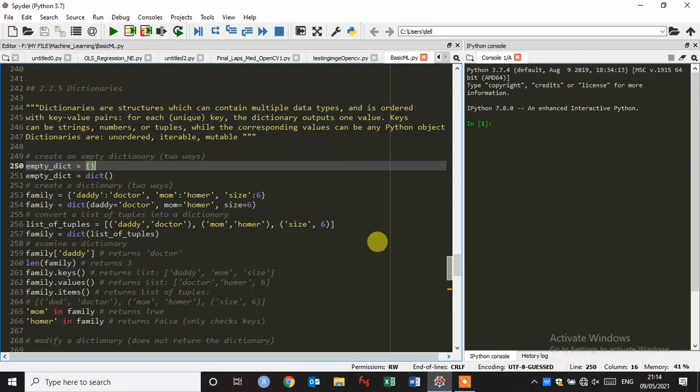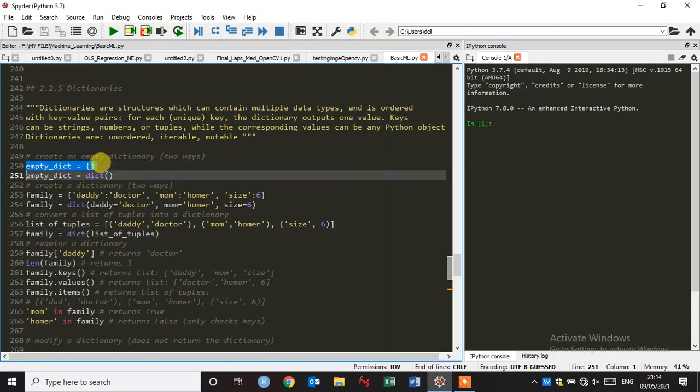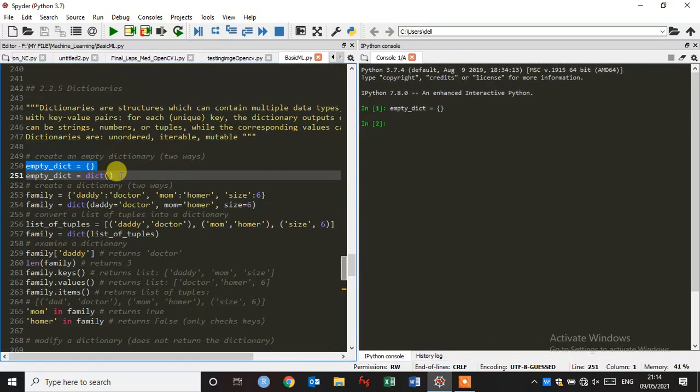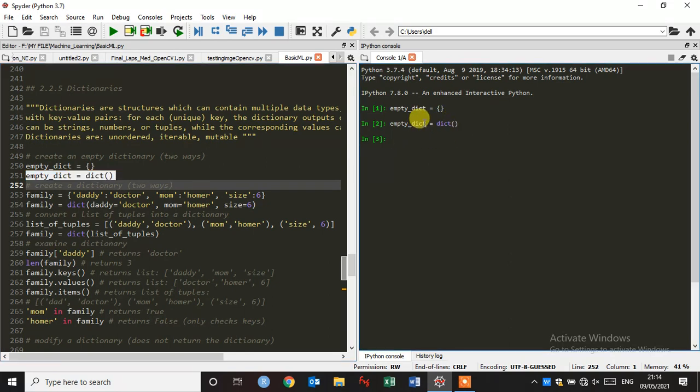Okay, so let's see how to create an empty dictionary. As I have written already, you can create an empty dictionary in two ways. Select this, press command control enter to execute. And in the second way, empty dictionary equals dict in braces.